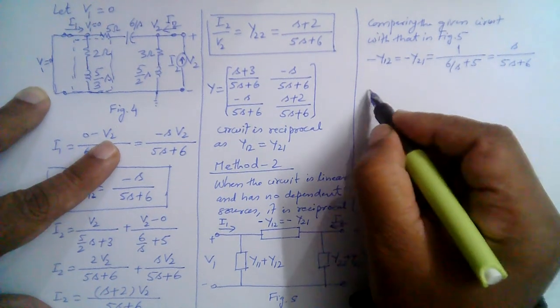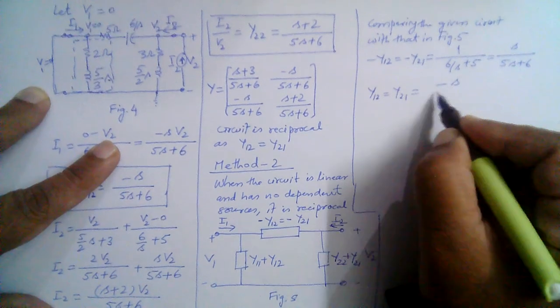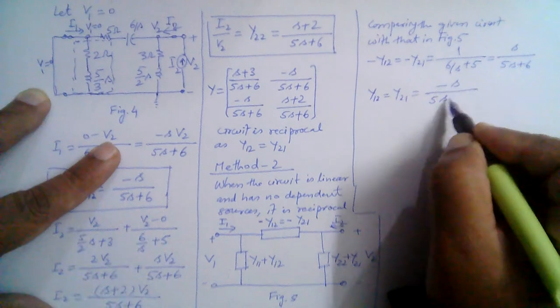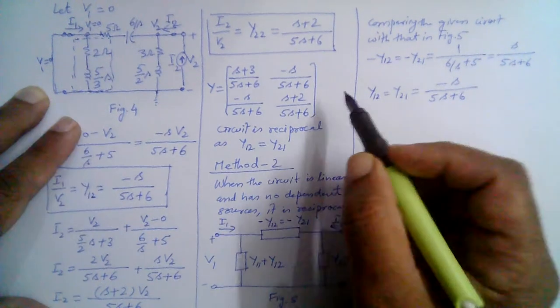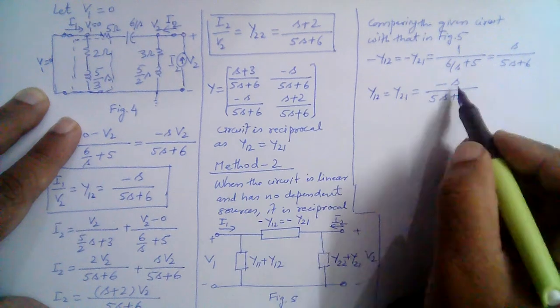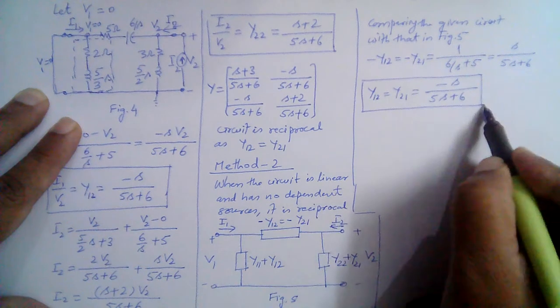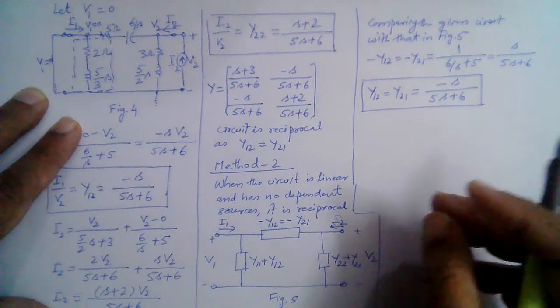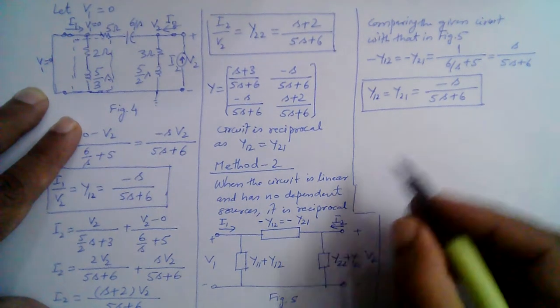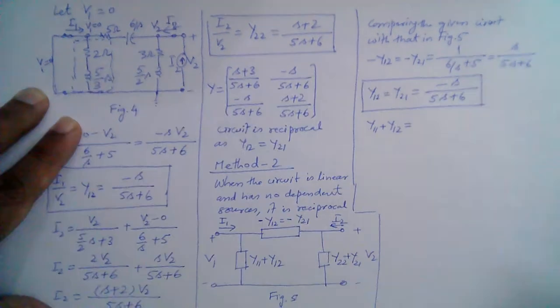So that means y12 is equal to y21 is equal to minus s over 5s plus 6. So this is the same that we have found here, right? y12 and y21, these are the same, right? And then y11 plus y12